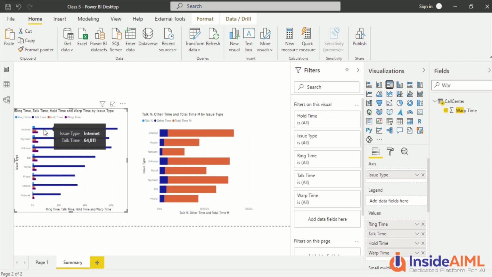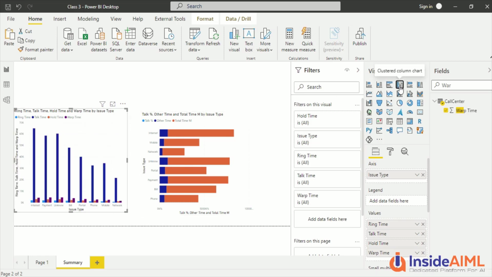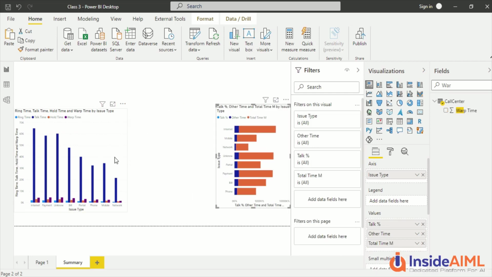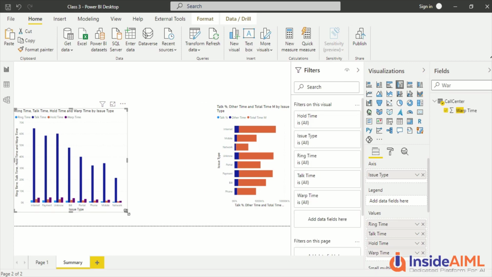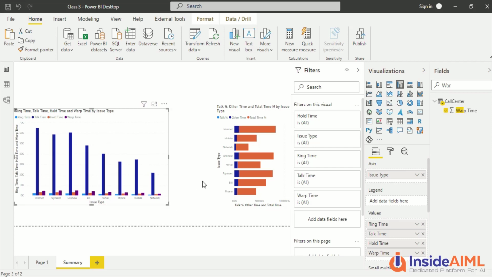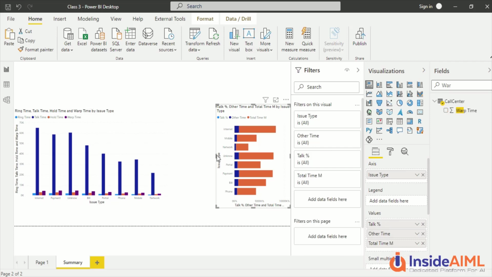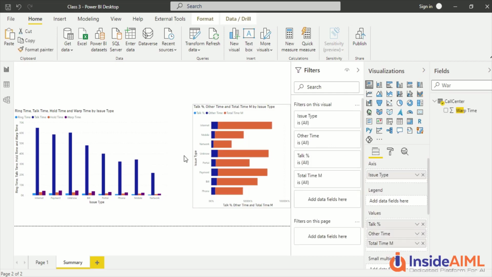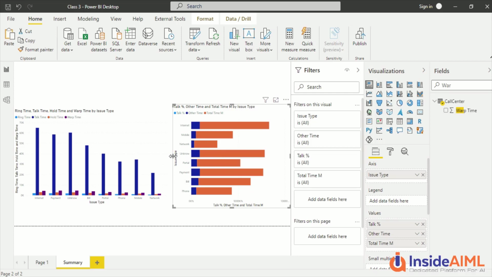And definitely talk time will be pretty high compared to the others, so we will have it like this. Now this is column 1, so it is going to look vertical here. Similarly, let me make it a bit small here. I'm keeping it for some reason. I'm going to use that also. Let me make it equally large, because when I go to some visual where we can have the 2 axes, then we will take advantage of this visual also. We can overlap. Power BI will not stop us.